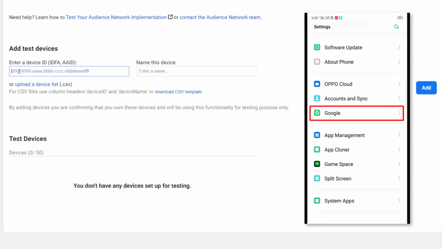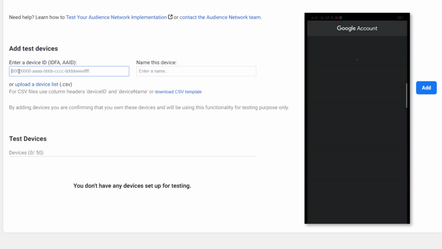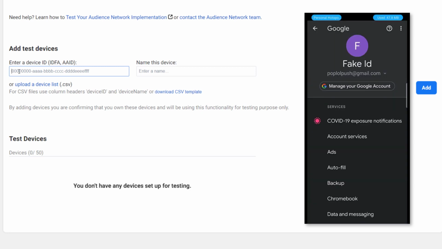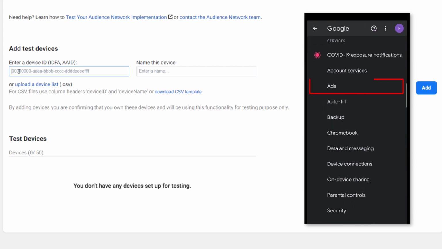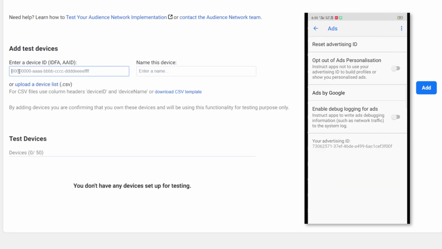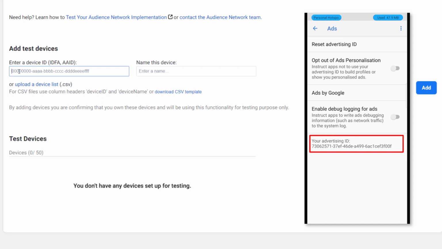Find one option named Google. Here you will find ads option, so click on that ads option. Now at the bottom you will find advertisement ID for your device.